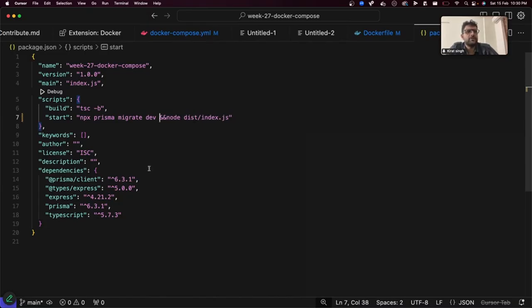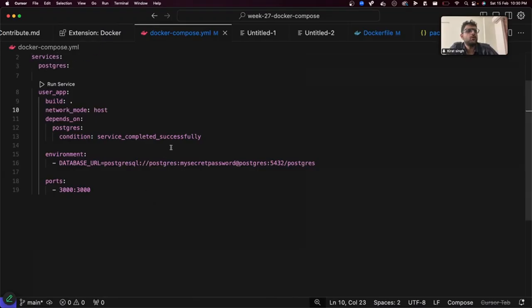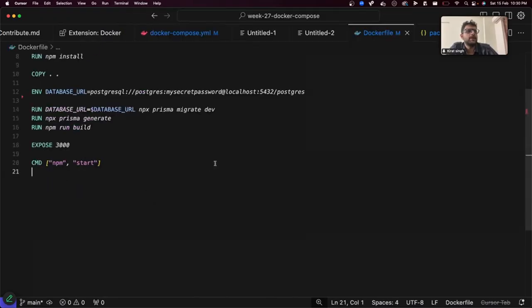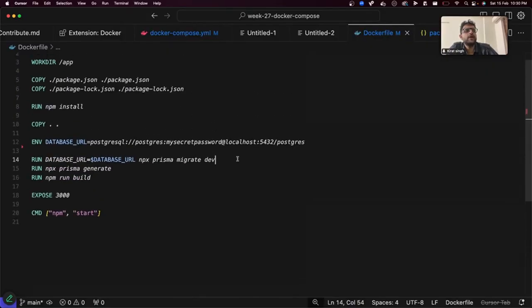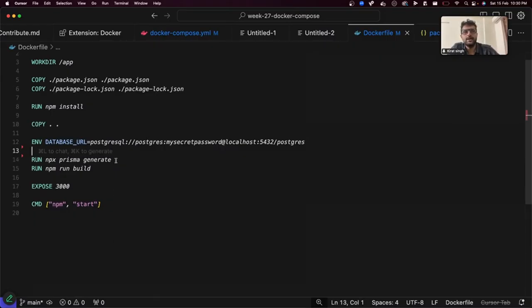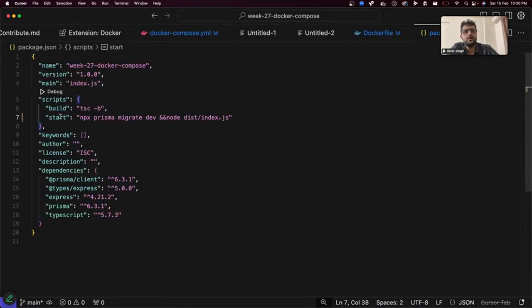This should have been enough. Let's remove our dependency from our Docker compose, Docker file. Let's make sure the Docker file does not have to talk to the database at all. I am removing the npx prisma migrate dev step from the Docker file and moving it to this start